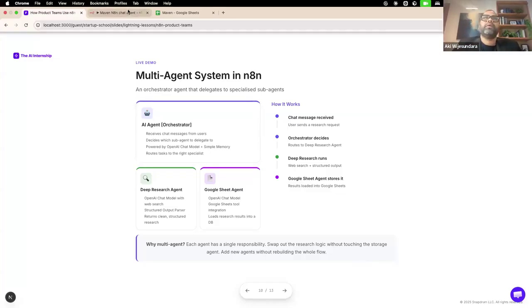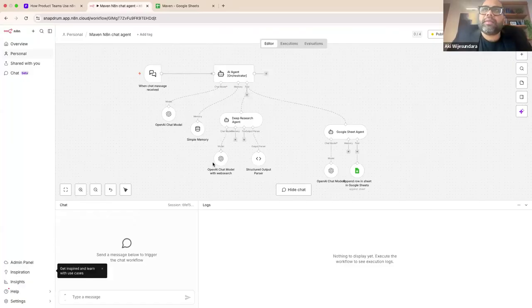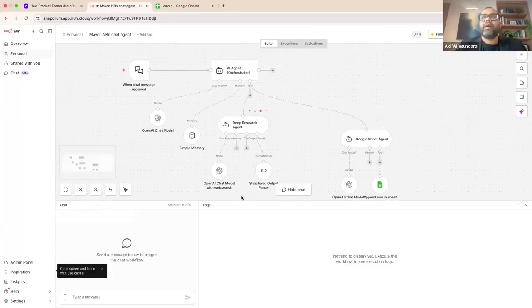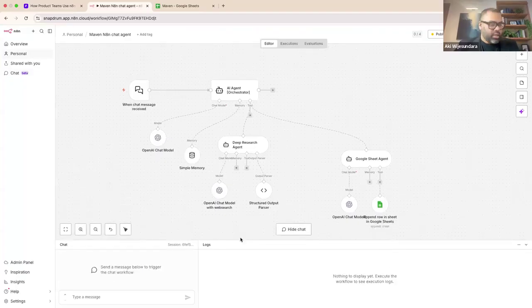What this does is it's a multi-agent system that has not just one agent, but three agents. There's an orchestrator agent that controls the logic of communicating with other agents, and when some request comes from the chat node, which is this one, this orchestrator node